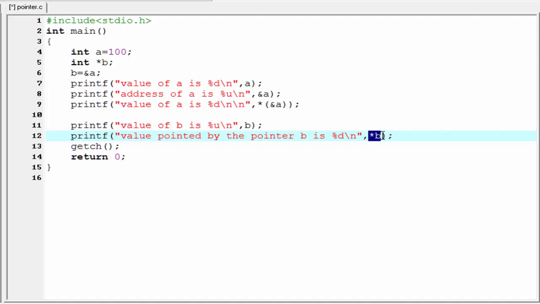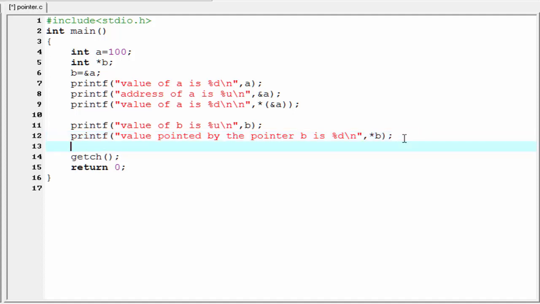Here *b returns the value stored in the memory location specified by the variable b. Next we use another printf to print the address of b. So I write printf, address of b is %u and then a new line, and here we refer &b.